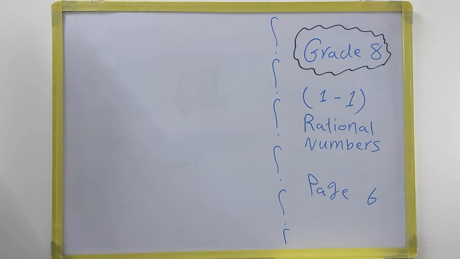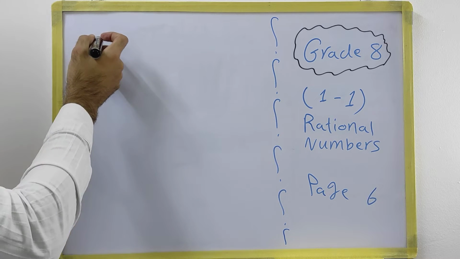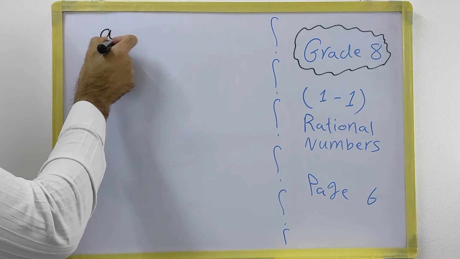In rational numbers we have three most important things to know. The first one is how to know that a number is rational or not, and then if you have a rational number, how you can simplify it, and then if you have a number in decimal form, how you can change it into fraction form and then simplify. The first one, let's start from the rule of it, which is we can write any rational number